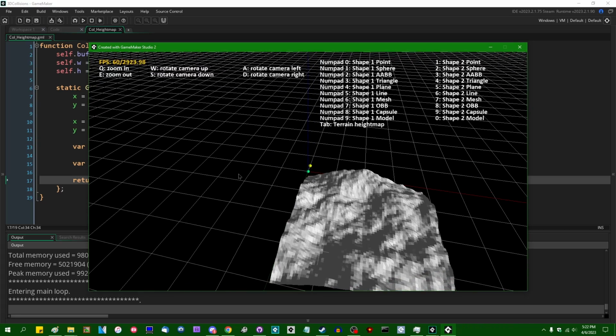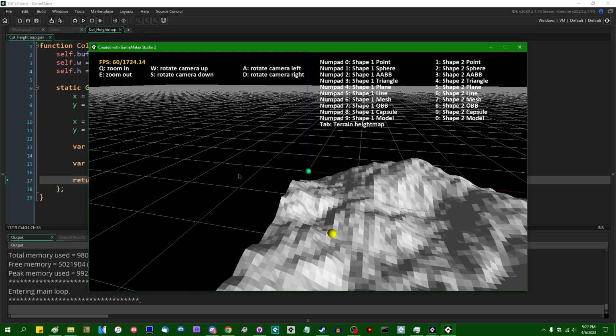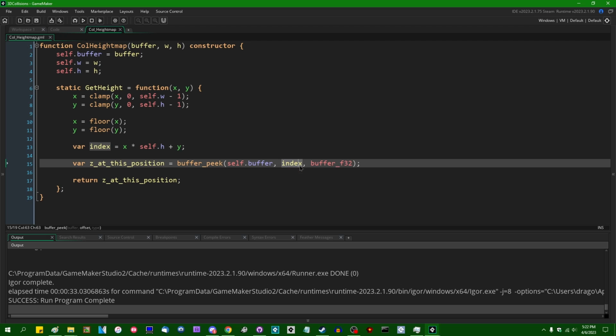For one, if I move around, you're going to notice that our z position is doing something. It is often not the z position of the actual terrain that's beneath our feet. And you might wonder why that is. If you're familiar with things such as pointers in memory and the sizes of data types versus array indices, you may notice that we did not compensate for the actual size of a 32-bit floating point number